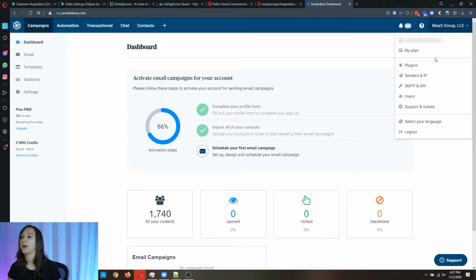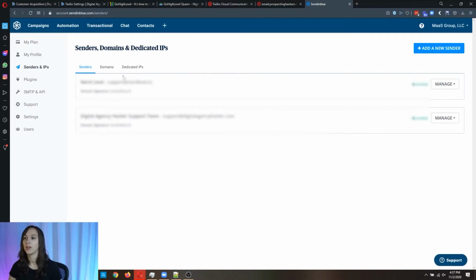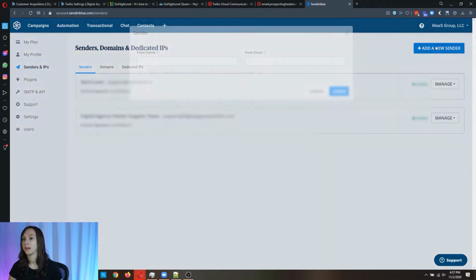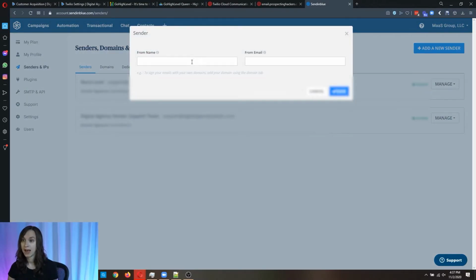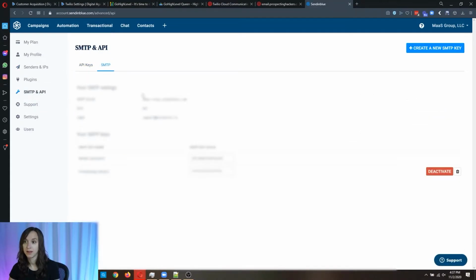And it's so easy to set up. It's not even funny. So all you have to do on Sendinblue is add a new sender, and it's going to show up down here. And then you just verify it. Okay. But you go in your email and you click a link and you verify the email. And then you go into SMTP and API, and then you get your SMTP, and then you bring it over into High Level.